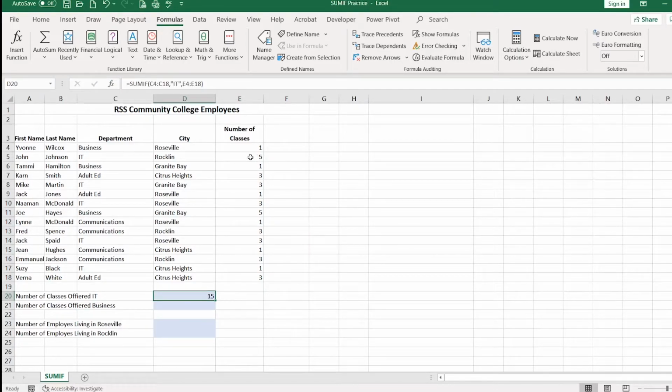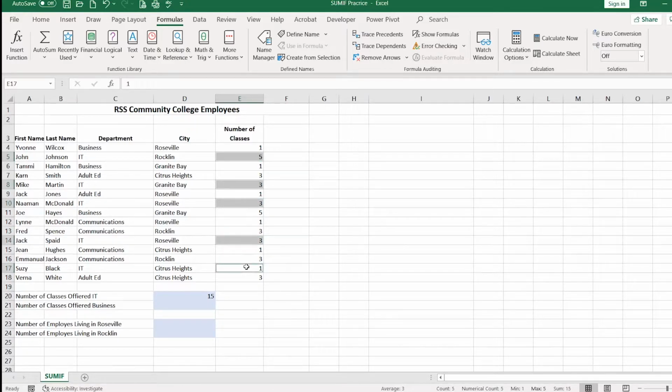Now I'm going to double check that really quick. So I'm going to click here next to IT, IT, IT, and IT. So I've selected all the classes that are offered through IT, and I'm going to look down here in my auto calculate, and you can see that my auto calculate number is 15, which matches the result up here from